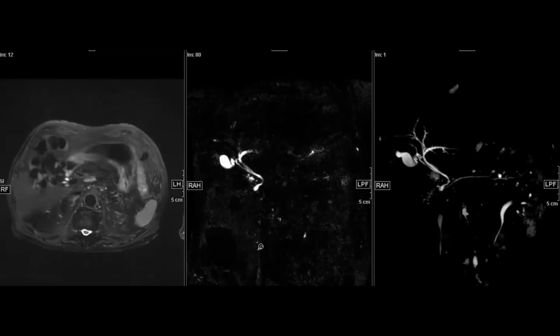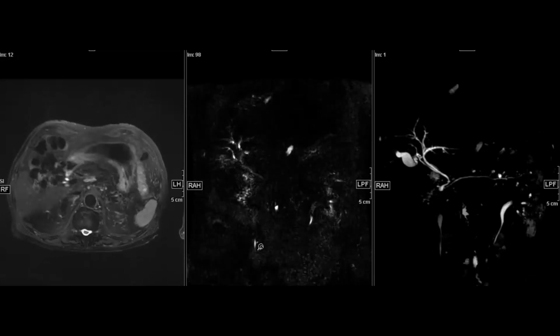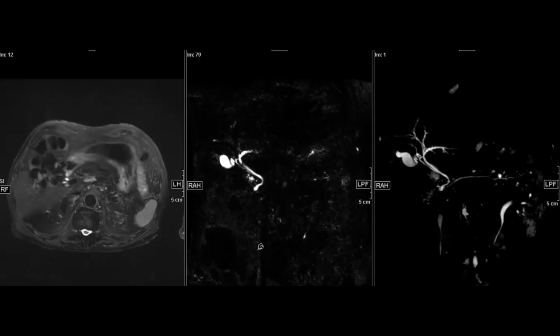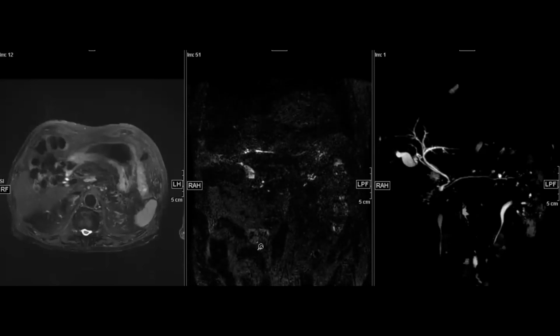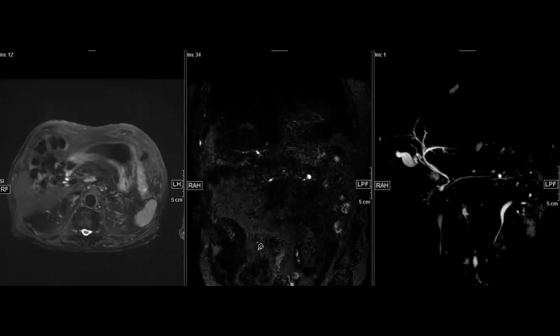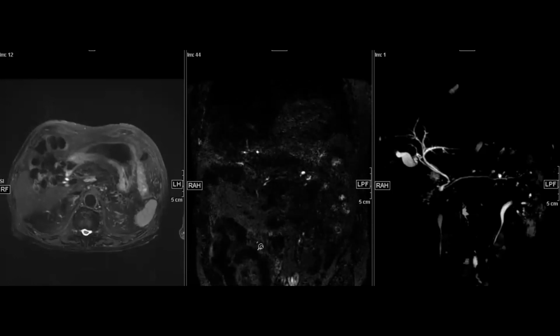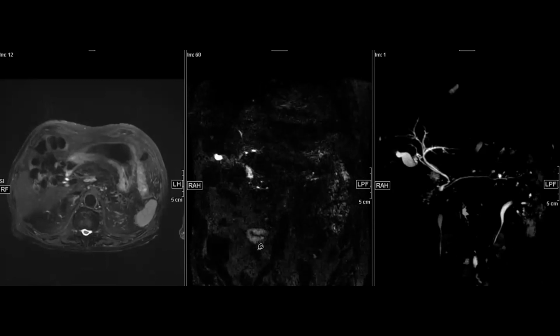This image here is a 3D MRCP. What this does is suppress everything else except for fluid. So you'll see the fluid intensity structures better in this sequence. This is known as the MRCP sequence. This is the same MRCP sequence, but it is a single shot sequence. So it's kind of a MIP. What we do is we combine all the images and give a single image that reflects multiple slices together. So that is a MIP sequence.